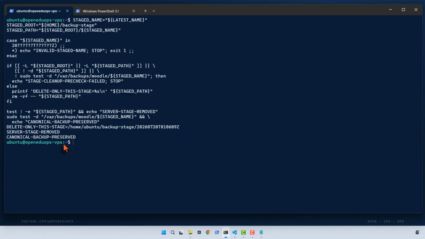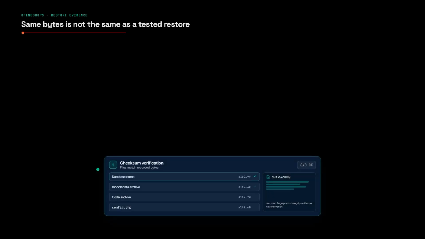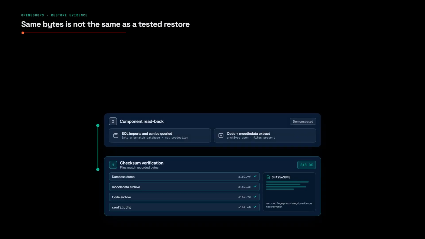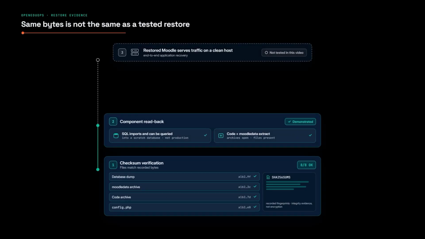The important question is whether the backup components can be read back successfully. Up to this point, the checksum results have shown that the backup files still match the bytes recorded in their manifest. That is important integrity evidence, but it does not tell us whether MariaDB can import the SQL or whether the archives can be extracted in